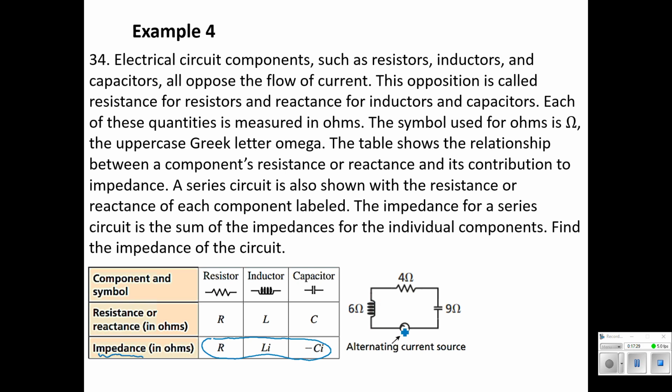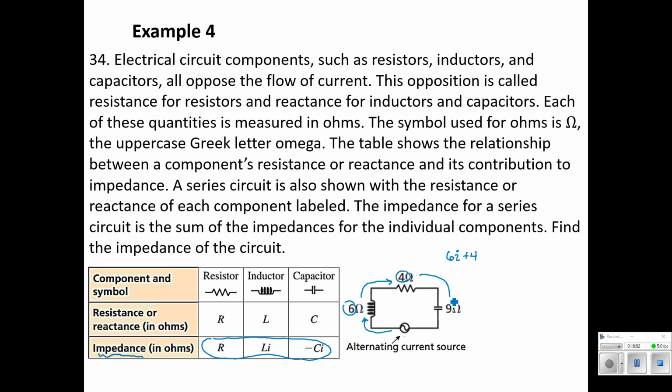So our power flows from this alternating current source, and then it goes through an inductor, right? We can see the coil, so we match that up in the table, which says Li. Okay, well, L is just the coefficient there. So we've got 6i. All right, and then we want the sum so that our current keeps going through. Then we get to a resistor. Notice that is just R. That's just the number. There's no imaginary component to it, so it's just 4.